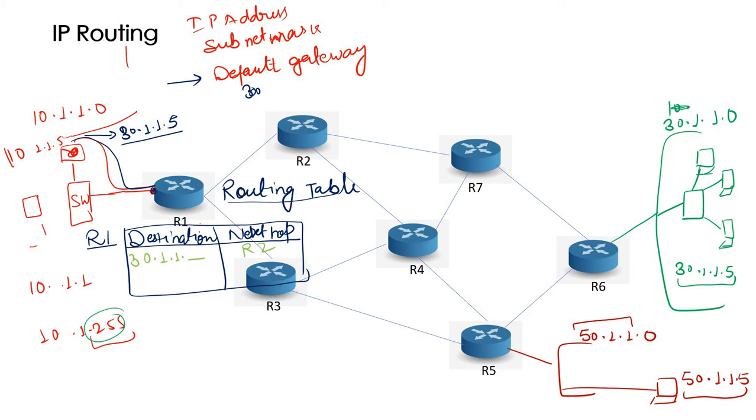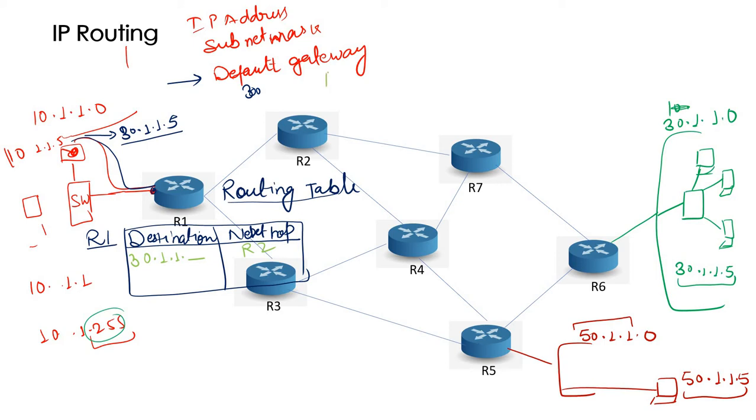Obviously, we have to create these routing tables, or we will use some automatic ways to create this table. But every router has this routing table. Based on that only, it takes the decision. So right now I have taken only one entry. I have not provided information to router 1 that 30.1.1.5 is reachable via router 3 as well. So I have made one entry on router 1 in the routing table.